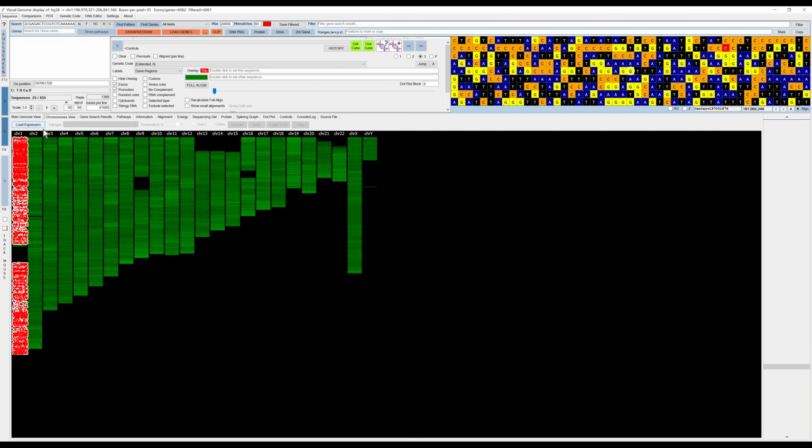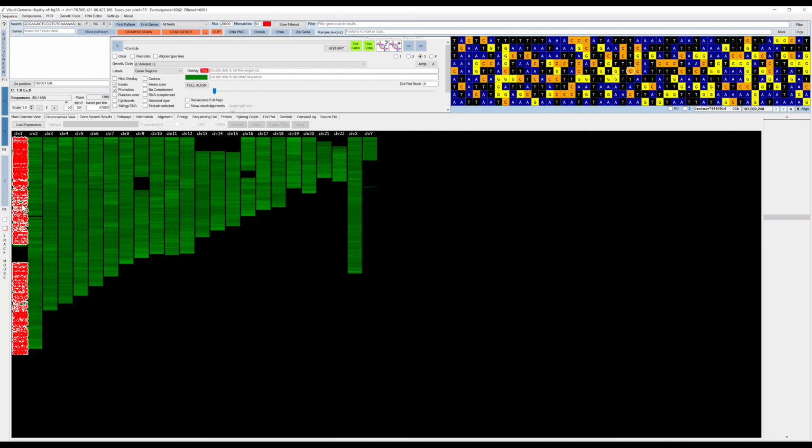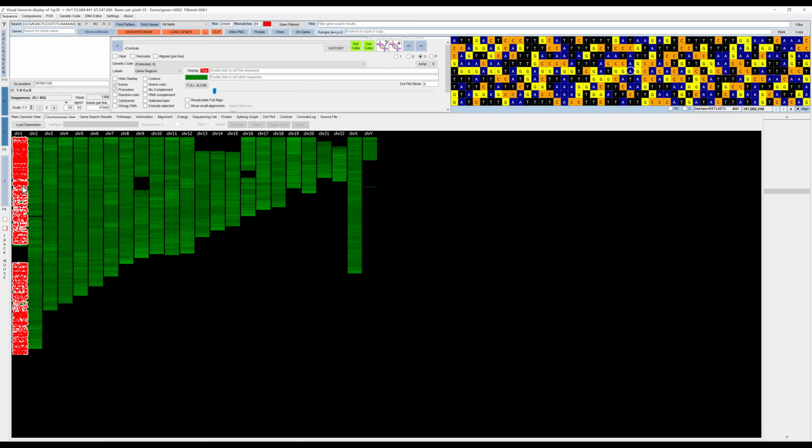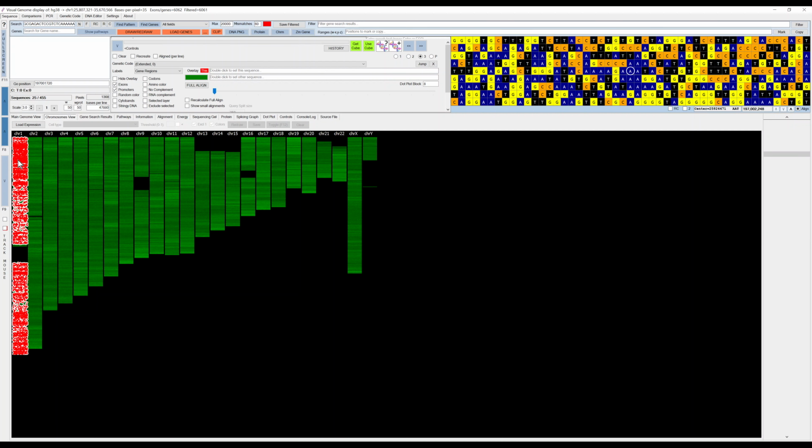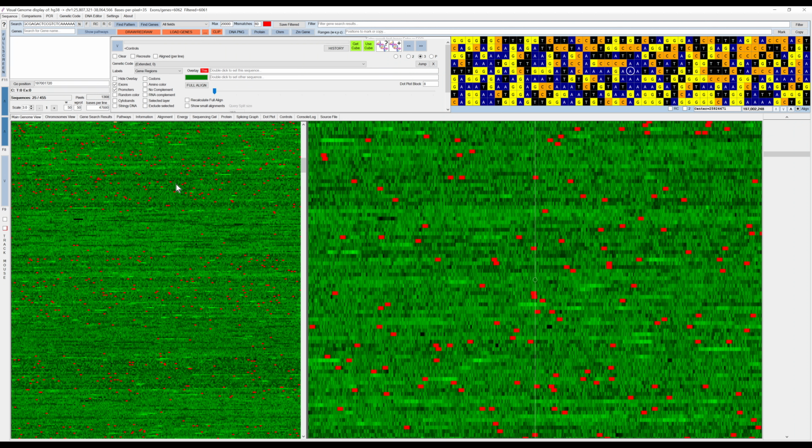So if you look at a chromosomes view, you can see how many of them were found. So there's truly a lot of repeats in the genome. So if we click on it, you can see it's just littering the genome.